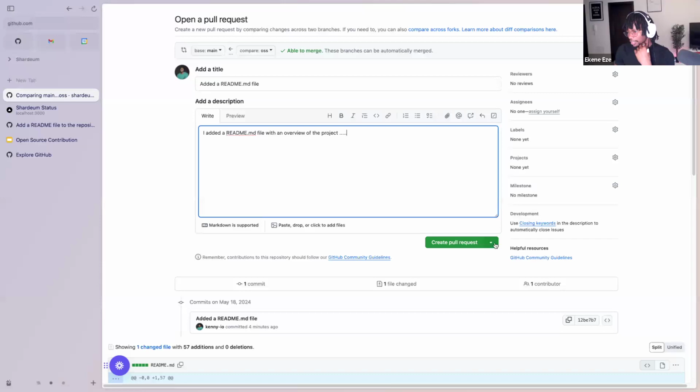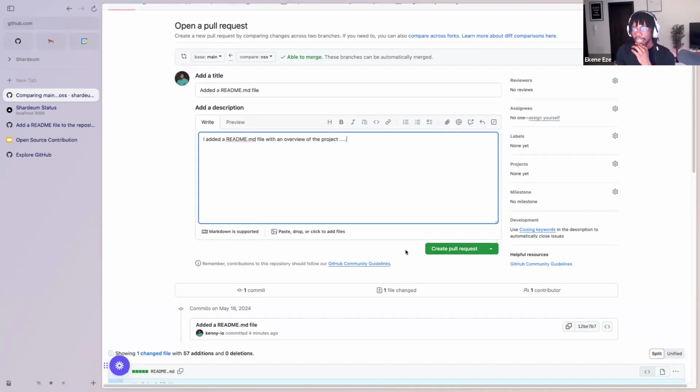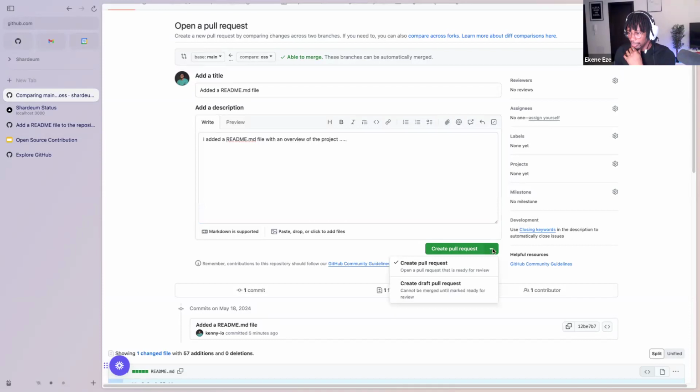Then another thing that the requirement said is to make the PR as a draft, right? Like, don't send an actual PR directly to the main branch. You should make the PR as a draft. Some projects will say just make your PR. Other ones will say make it as a draft. In our case, the contributor guide said make the PR as a draft, in which case you can click this drop down icon and select create draft pull request, and then create the draft pull request.